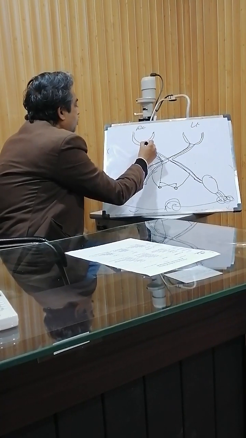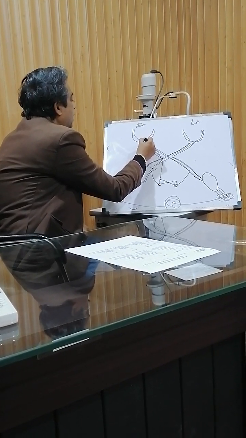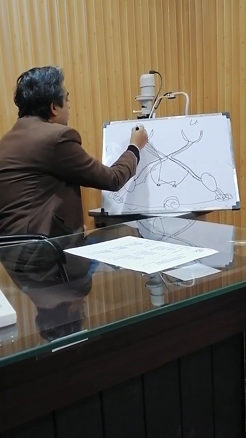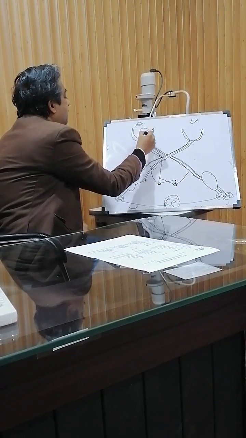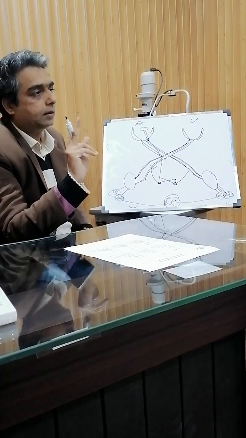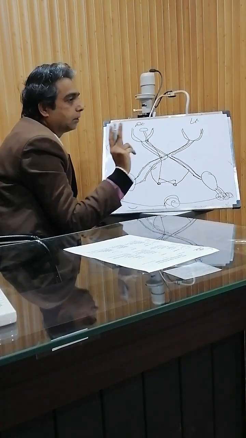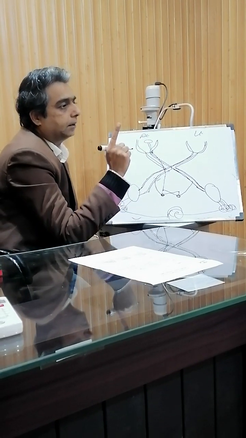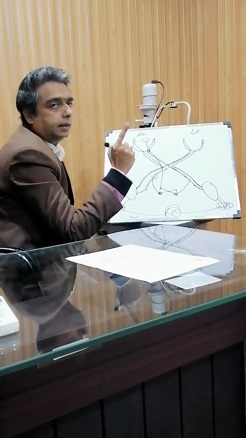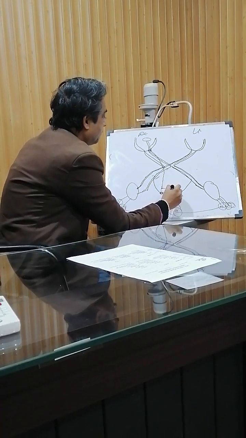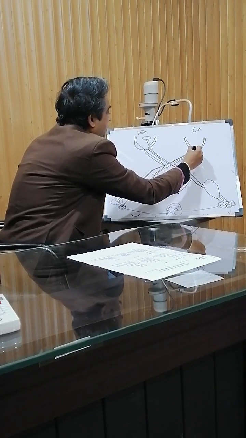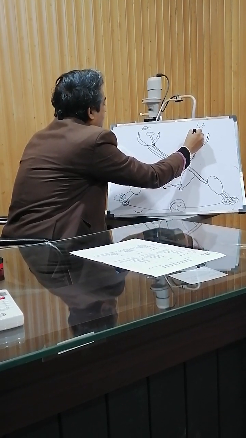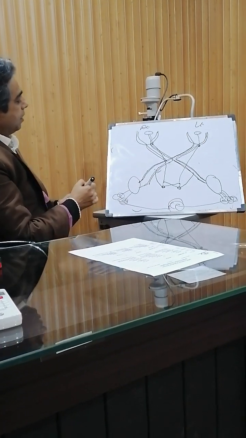And from here, through short ciliary nerves, they go, and these are pupillary fibers, and they innervate the sphincter pupillae. The pupil has two muscles, sphincter pupillae and dilator pupillae. The third nerve does not supply the dilator pupillae. The dilator pupillae is supplied by sympathetic fibers from the superior cervical sympathetic ganglion, and similarly from here the ciliary ganglion supplies the sphincter pupillae. Okay,